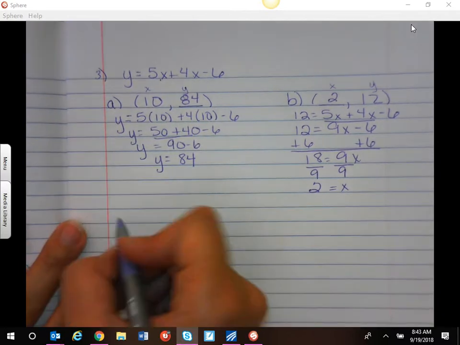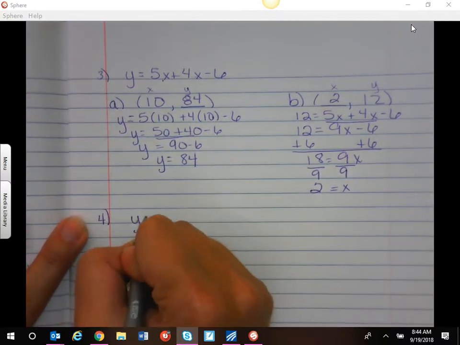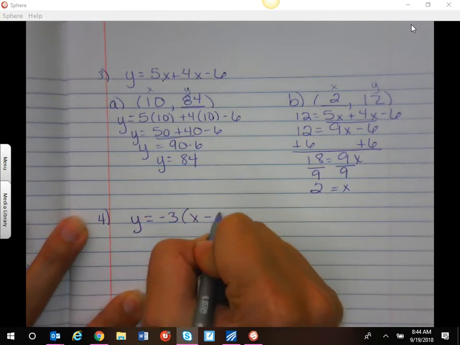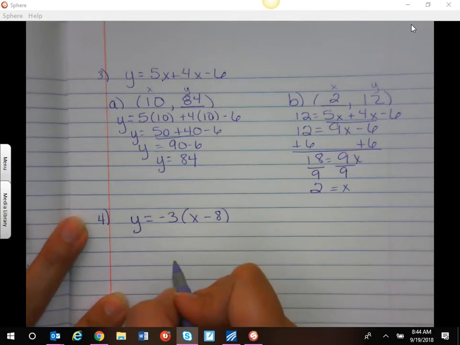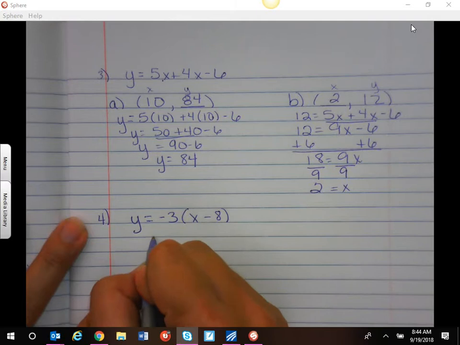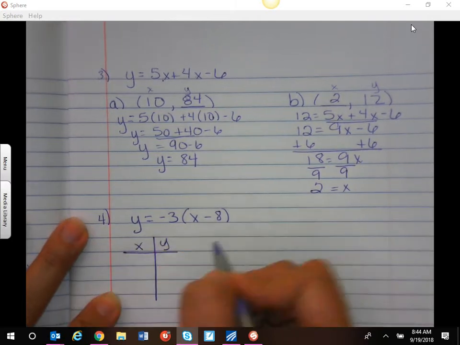So what I would like you to do is I would like to give you the equation y equals negative 3 times the quantity of x minus 8. And now I'm going to give you a table. Now, tables are just like coordinate points. Same information in a different format. So if I gave you the table x, y like this,